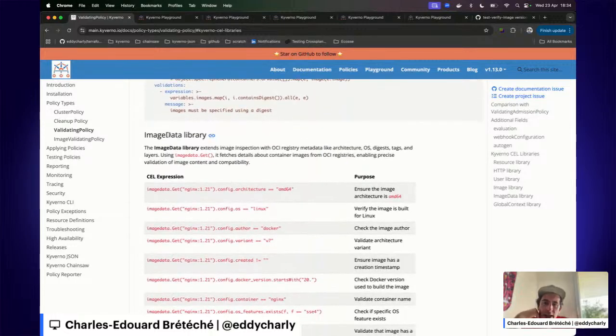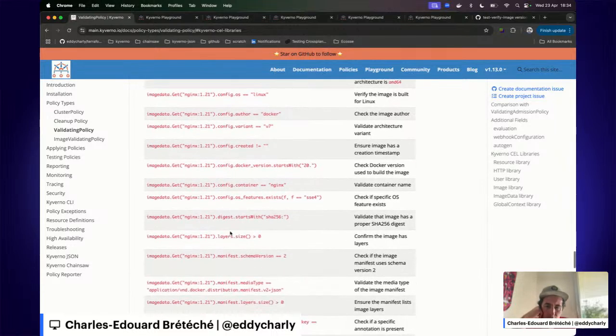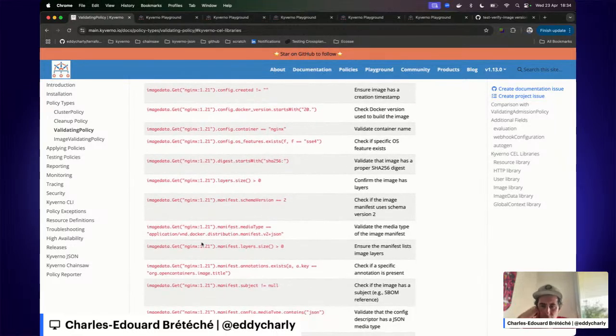And we have an image data library. This one can call into an OCI registry and return payloads from those registries. So for example, if you use imagedata.get nginx with a specific version, you can then access the manifest and the media type, and you will be able to work with that.